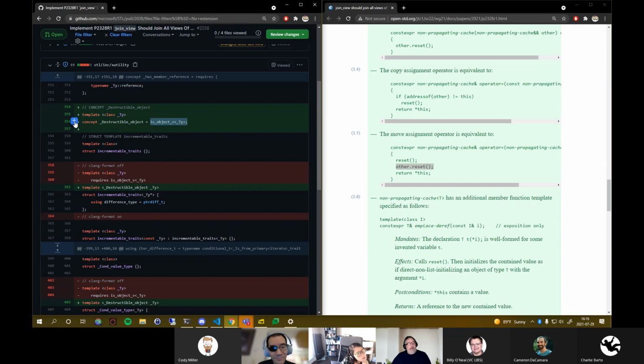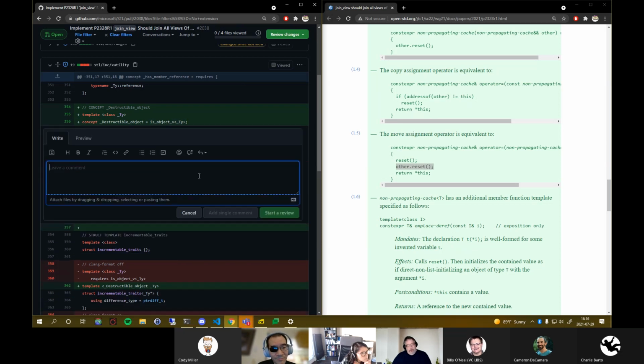It requires this to be an object type, but it doesn't require that we can destroy it. Require destructible. So the object type is